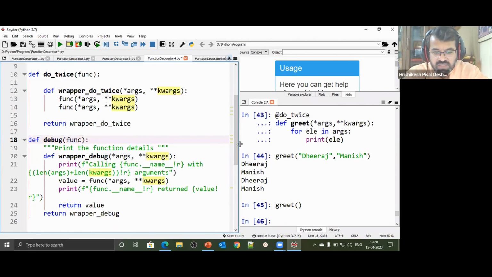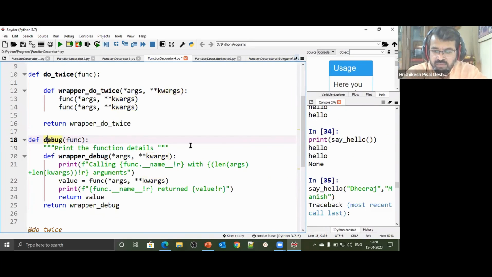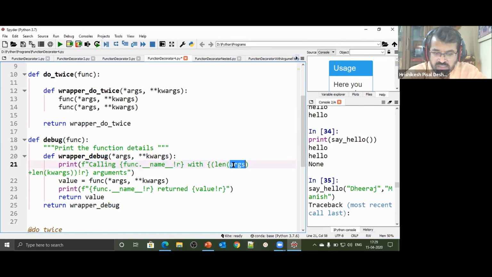It's one of the use cases of decorators. मुझे किसी function को decorate कर रहा हूँ मैं उसे, so there is one use case that I have: whichever function name I pass to this debug, it will have a wrapper that is going to be returned. ये wrapper क्या करने वाला है, ये आपको बताने वाला है कौन सा function return हो रहा है, और उसके अंदर के जो arguments हैं, keyword arguments या positional arguments, arbitrary number of arguments, उनकी length क्या है वो print करने वाला है, total कितने arguments पास किए. वो function को call करेगा, return value catch करेगा, और return value क्या है वो return करेगा.